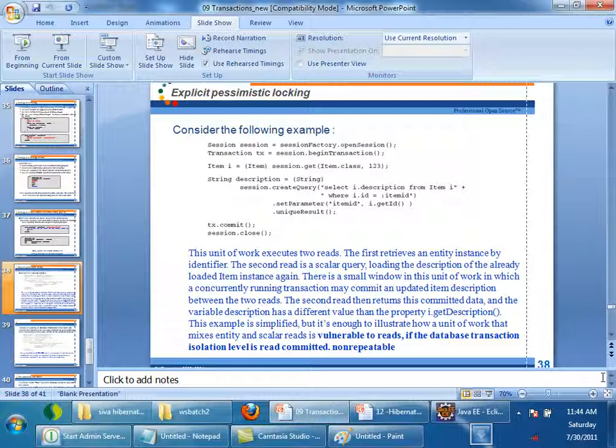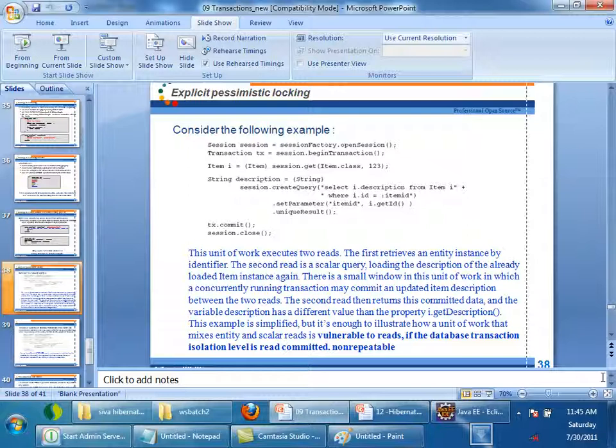The unit of work executes 2 reads. The first query retrieves an entity instance by identifier, and the second read is a scalar query, loading the description of the already loaded instance. There is a small window in this unit of work in which a concurrently running transaction may commit and update it. Let's assume one thread is executing this code.